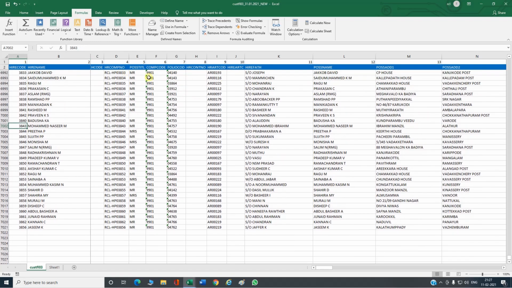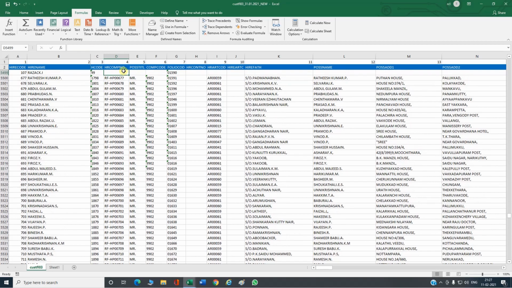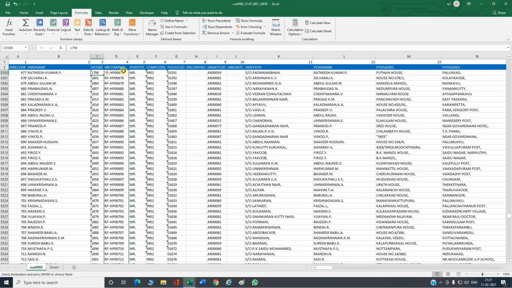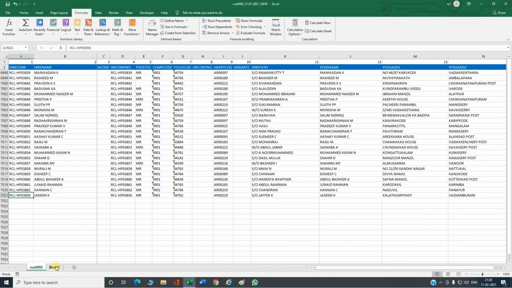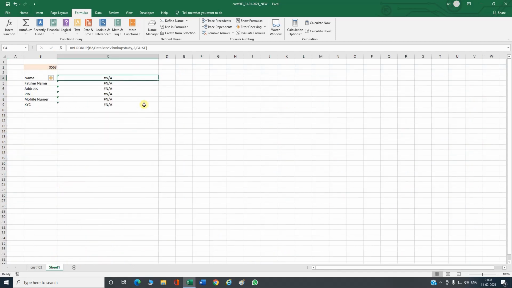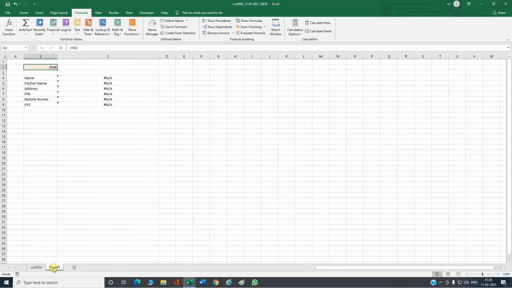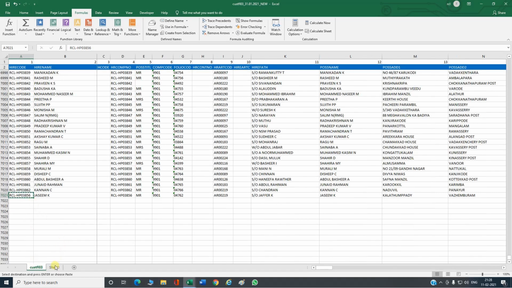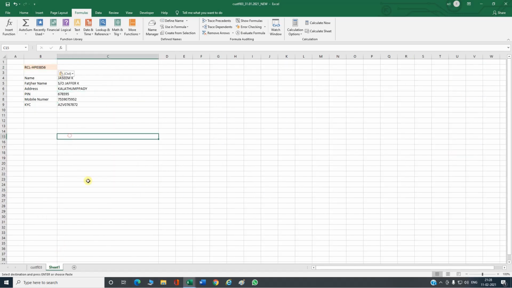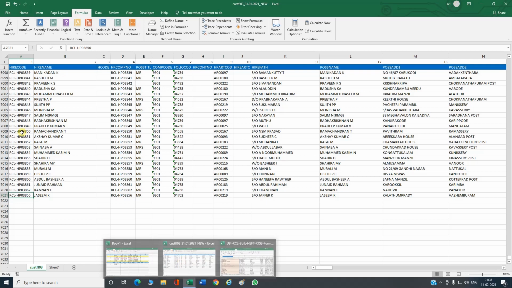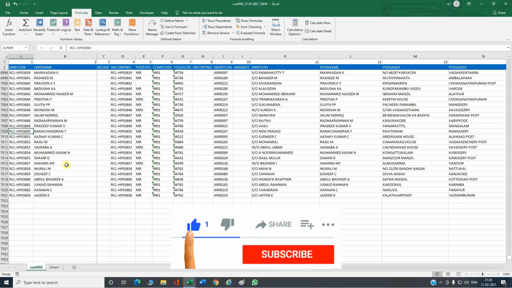Suppose I am changing this number to the first column instead of this number. Now this is showing an error because the first column is showing a different number. I have to enter that number here. See, this is a number. I am entering it here. Now it is showing the result. So you have to keep it in mind. The lookup value should be placed at the beginning of the table.